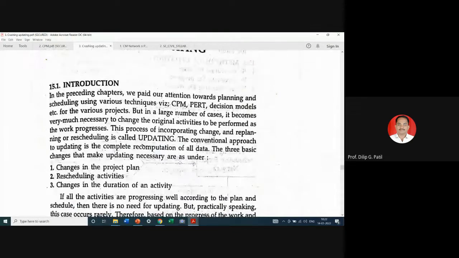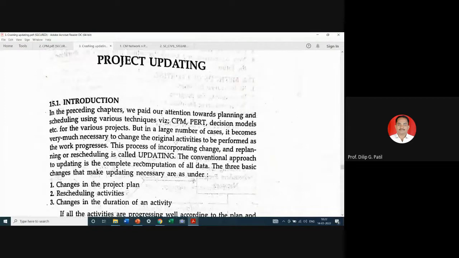Project updating. As we discuss, we are going to update the project network and we will see what is the necessity as well as the procedure to update the network, and then we will see one example of how to update the network and what we are going to decide or find out after updating the network. So